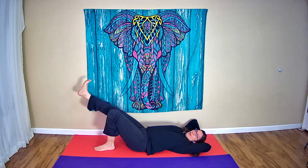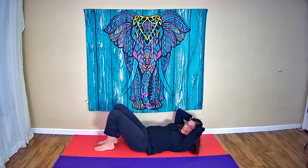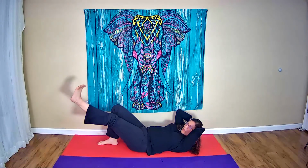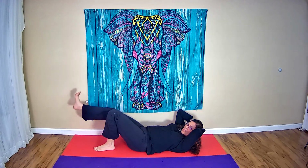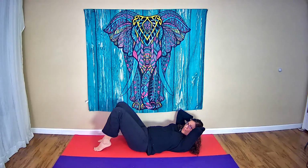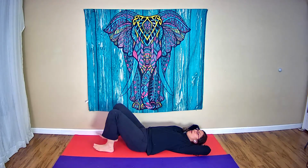Interlace your fingers behind your head and curl head, neck, and shoulders up towards the center line of your body. And switch your legs, left foot down, right leg forward, stretch it long. And switch your legs, right foot down, left leg long. And both feet down, come up onto your toes. Exhale and lower your head back down and cradle your head in your hands and rock your head a little